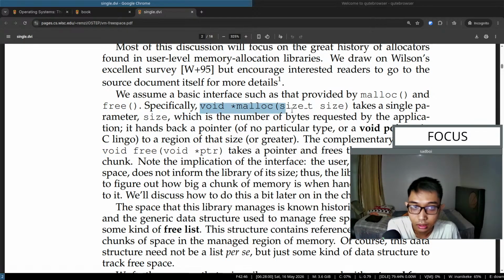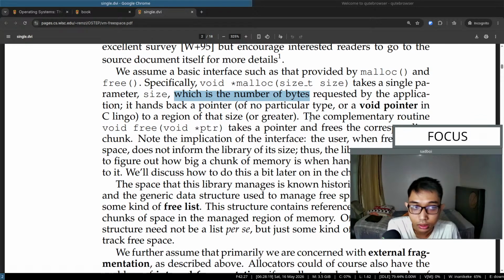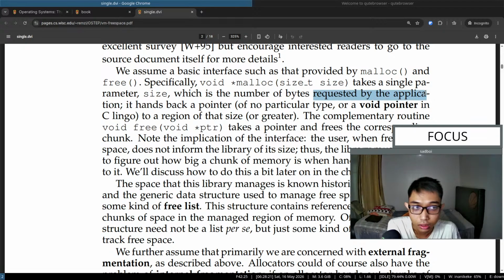Specifically, malloc takes a single parameter, size, with the type size_t, which is the number of bytes requested by the application. It hands back a pointer of no particular type, or a void pointer, in C lingo,